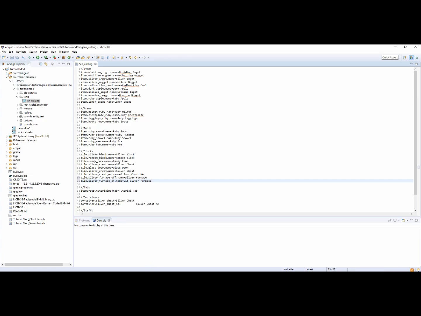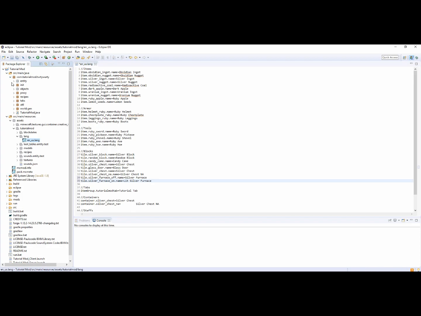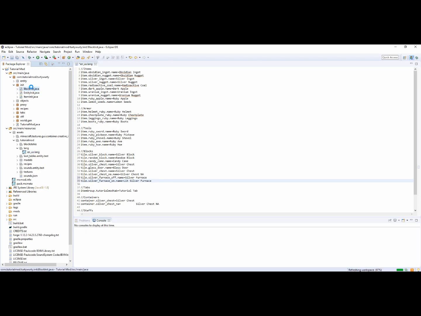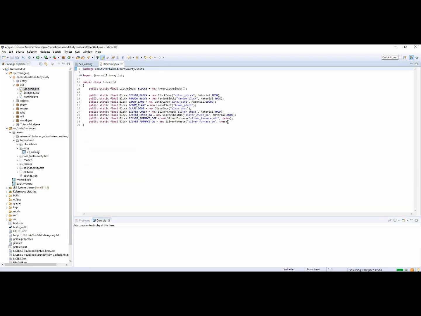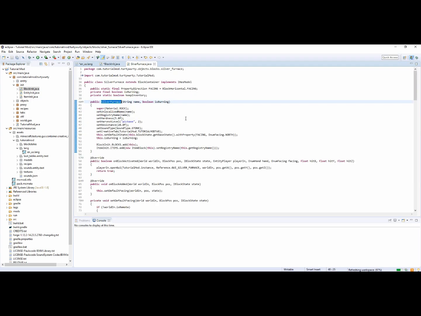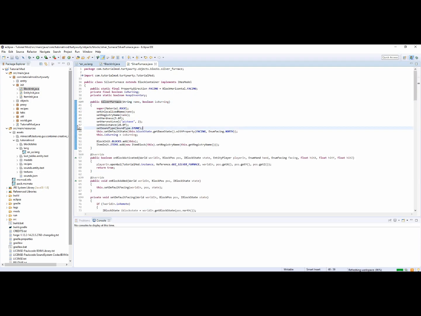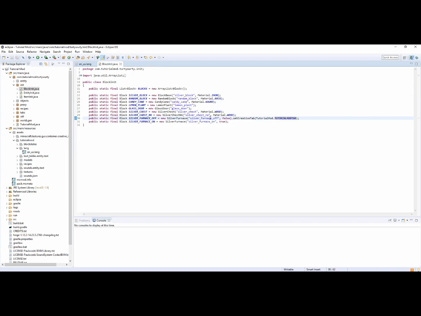Actually, one thing I totally forgot about is we need to go into here, into our init, and go to block init, and on the end here you want to do dot set creative tab. Minecraft, no, that's my own mod, tutorial mod dot tutorial mod tab, and then you want to go into silver furnace and make sure you don't have that in here, like that, and then that will put this one in the creative tab, but this one won't be, which is much better,